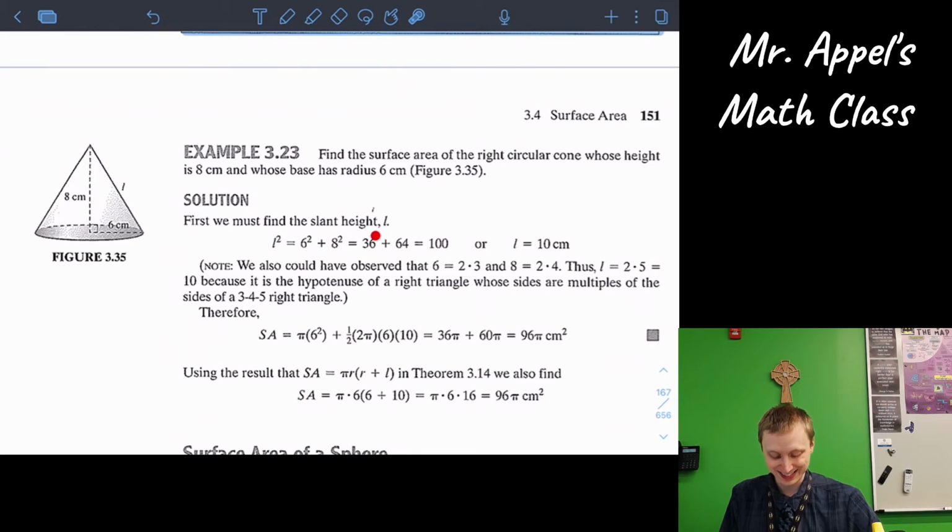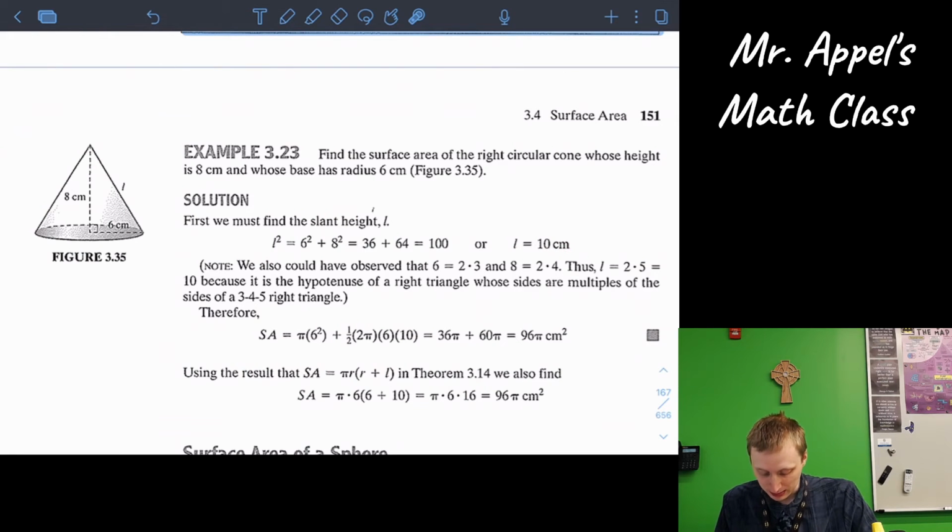First, find the slant height L. Oh, yeah, they didn't give us that. They give us the actual height, which is great for finding the volume. More on that later in a totally different video. But we need this slant height for the actual surface area. But notice from the side view here, this is clearly a right triangle, and so we can use the Pythagorean theorem. L squared will be equal to 6 squared plus 8 squared, or 36 plus 64 equals 100,